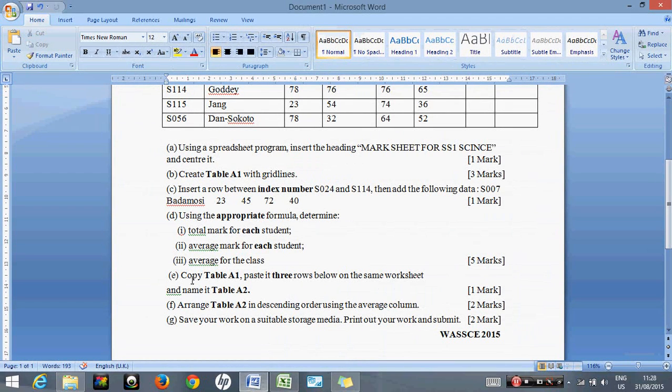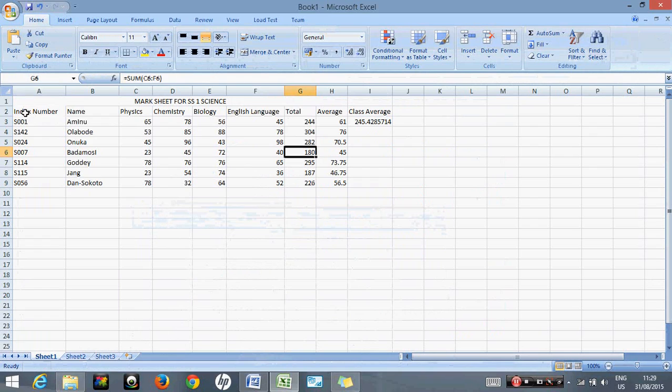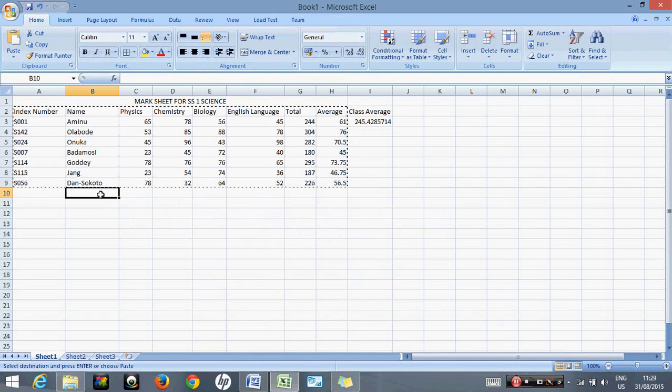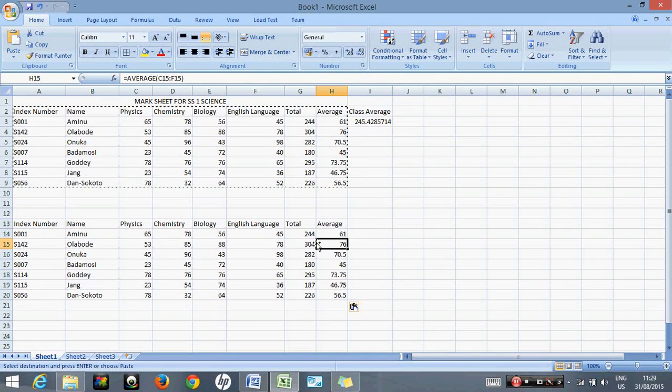This is the next task. Next task, that is task E. Copy table 1, paste it 3 rows below the same worksheet. Okay, so I'm going to copy table 1 from here to here. I'll just stop at this point and paste it 3 rows below. So I count 1, 2, 3. So I'll paste it from here, paste it there. Okay,